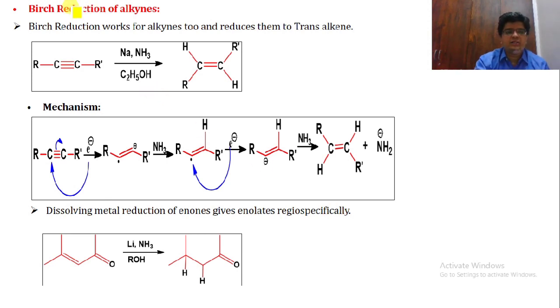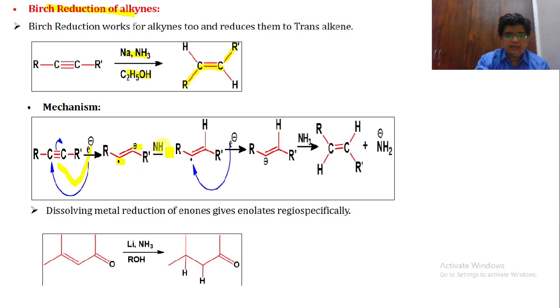So this is the most important thing you have to remember for the Birch reduction of alkyne. Suppose you are having an alkyne group, and it is reacted with sodium, NH3 and C2H5, it will undergo a reduction. It will produce a trans alkene. Now I will explain this trans alkene by its mechanism. Suppose you are having an alkyne group, this will go down over here, having a positive charge and a negative charge. Now this positive charge will be attacked by the electron. So here we can produce a free radical. This is our negative charge.